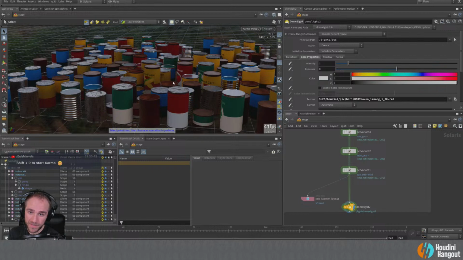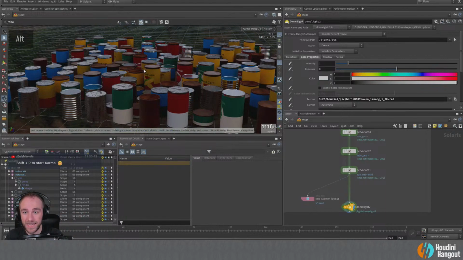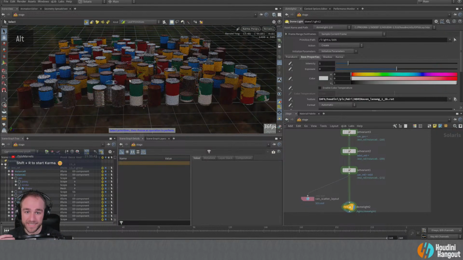But so here are all of our different variants, all randomized, able to be adjusted at any time. And these aren't just locked in now. They're still all live. We can still change all those variants whenever we want to. And like Matt mentioned, any DCC that supports bringing in USD in its best form, within reason, should support variants. That's a very basic part of working with USD. So whether you're doing, like he said, Katana, Clarisse, Maya, within reason, he says.